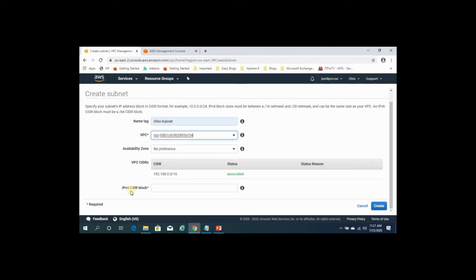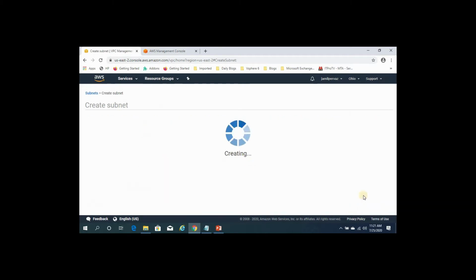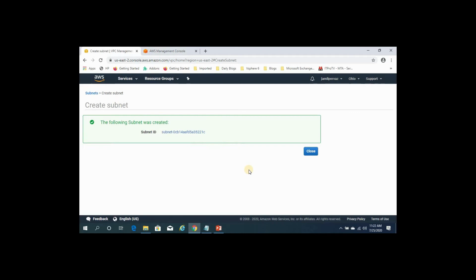For the IP version 4 CIDR block, we need to select 192.168.0.0/24. We can choose 25, 26, 27. Click create. Click close.